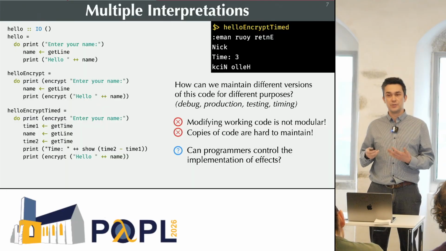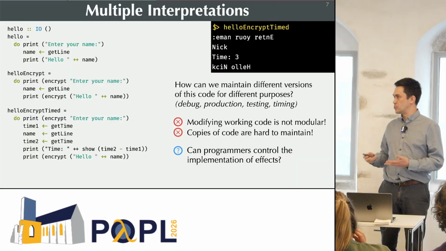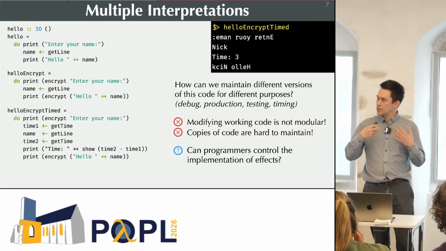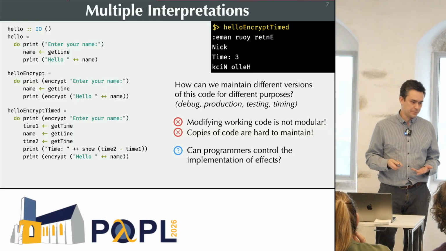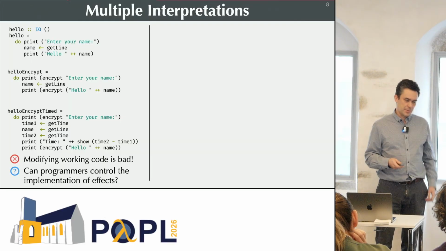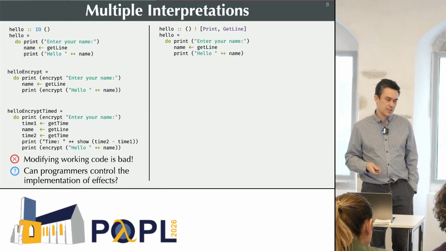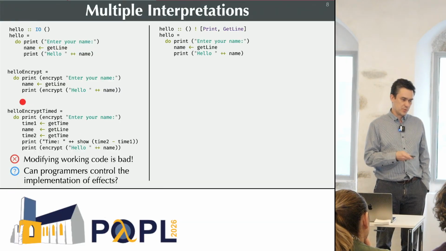We say, okay, maybe what we can do instead is reinterpret the way the operations work themselves. That way we can keep the original code as is, and yet change the meaning of that code when it's executed. So here's that same code on the left-hand side, and on the right-hand side, I'm going to just show you what you can do with effects. So it's the same piece of code. We still have the hello.